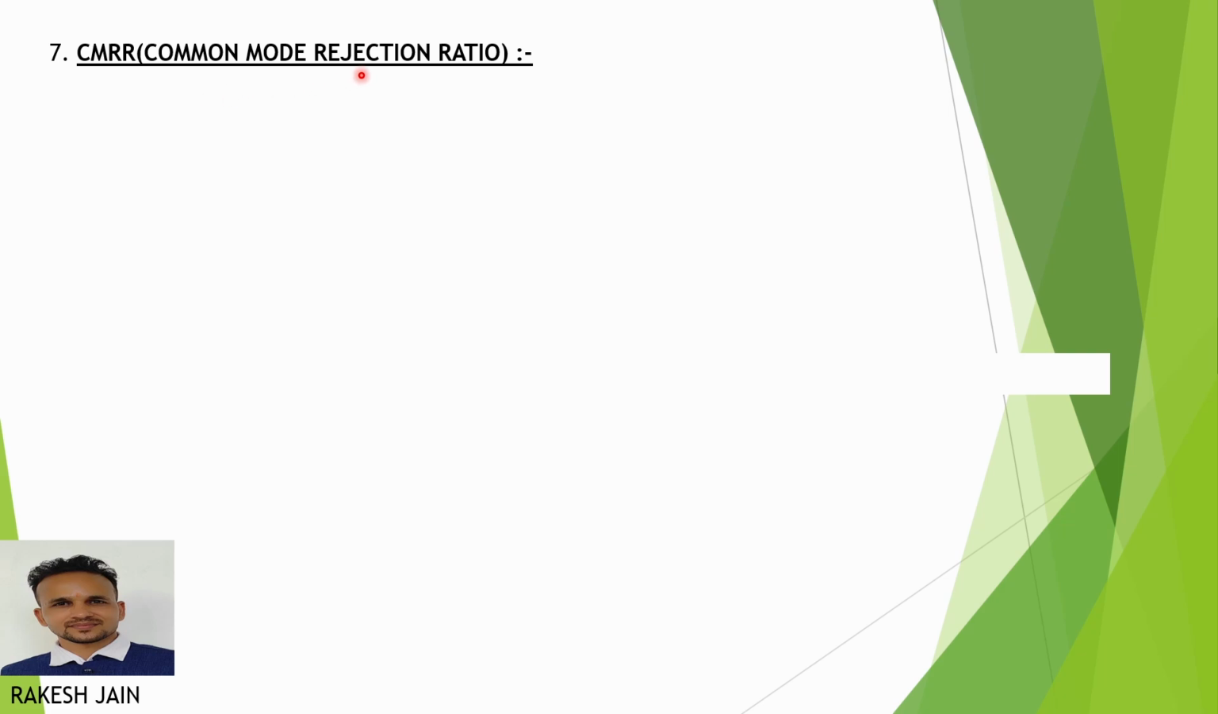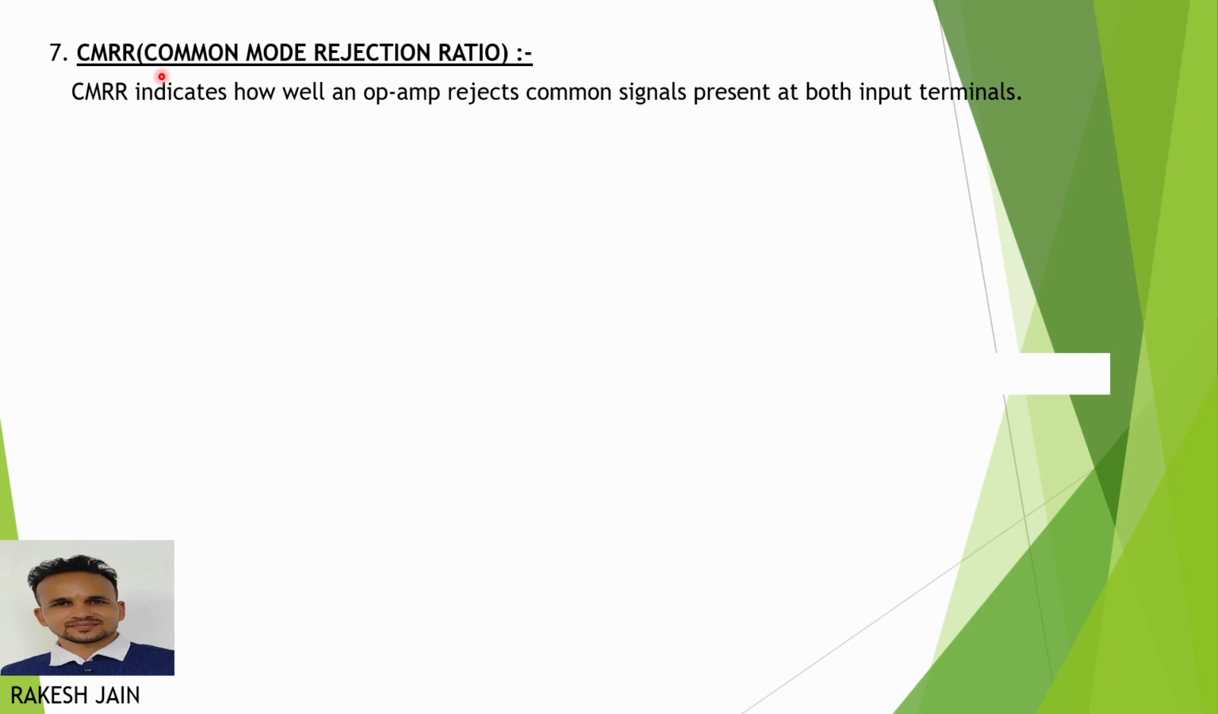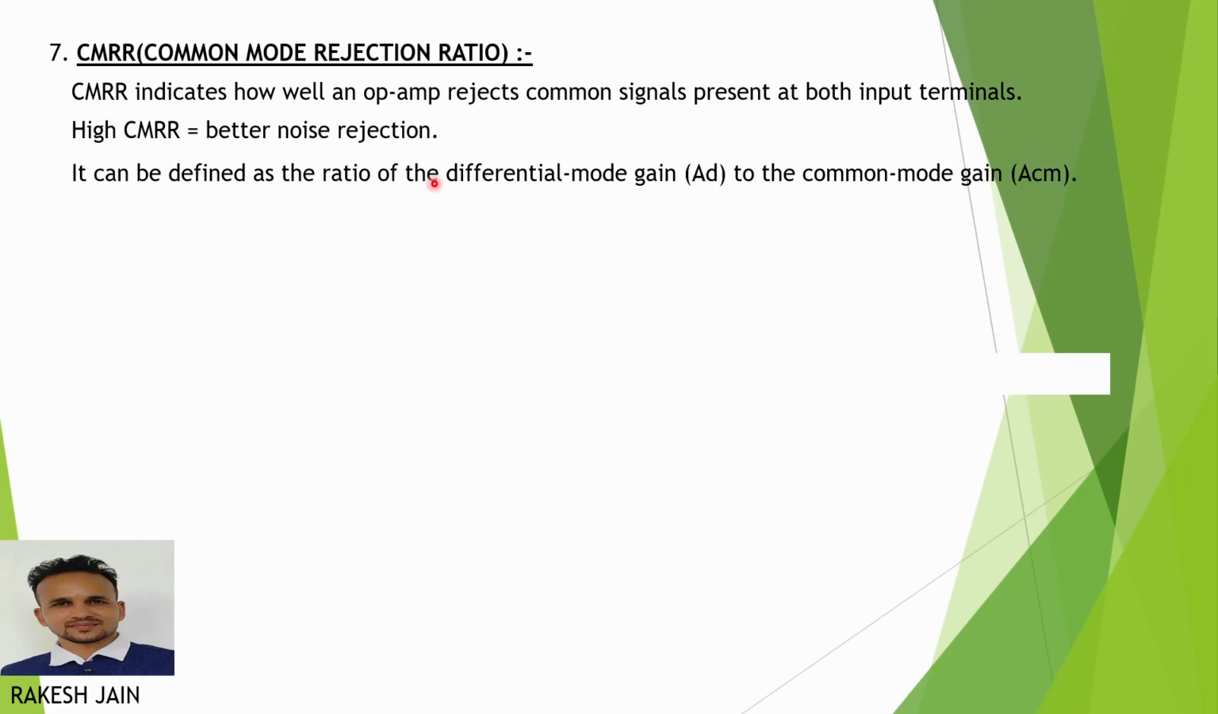CMRR, that is known as common mode rejection ratio. CMRR indicates how well an operational amplifier rejects common signals present at both input terminals. High CMRR means better noise rejection. It can be defined as the ratio of the differential mode gain AD to the common mode gain, that can